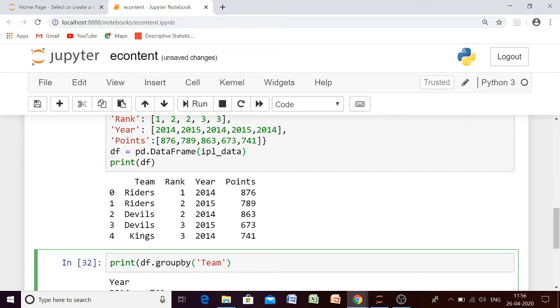So we write team. And what I want to do is count how many entries there are in each group. To count the number of occurrences, we have an aggregate function known as the count function. Just now I told you that group by first splits our data into groups, then performs an aggregate function on those groups, and then we have our combined result. So let us check what we will get after executing this.